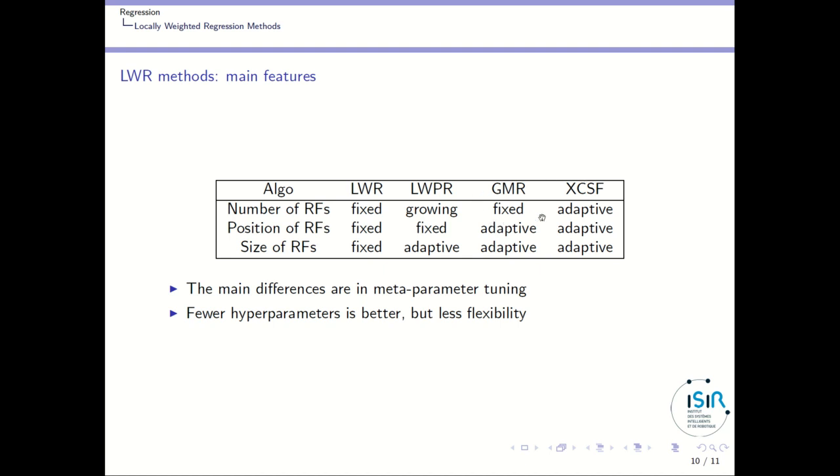So finally, using these algorithms is in general easier when you have a simple problem you want to model. So if you don't need a lot of flexibility, probably what you need to use is just the locally weighted regression algorithm itself. If you need a lot of flexibility and you don't have any idea of how to set your parameters, maybe you should move towards something which is more adaptive.